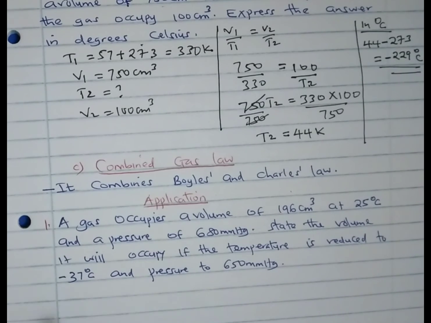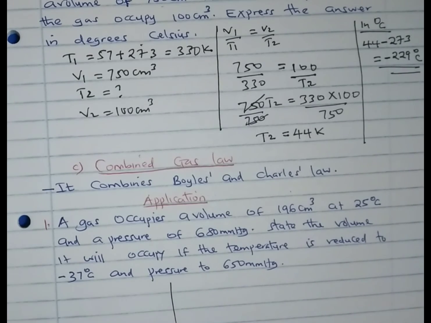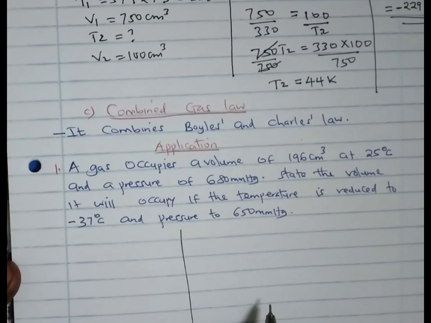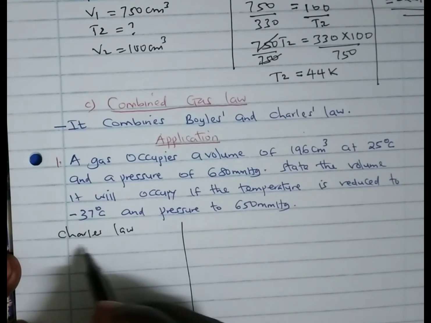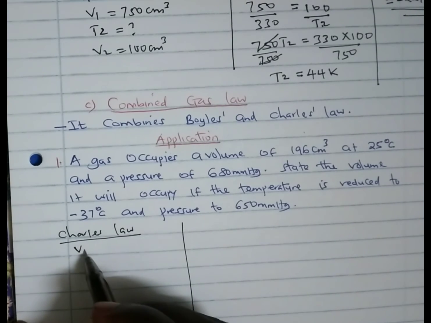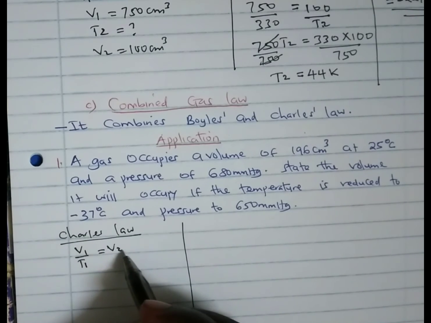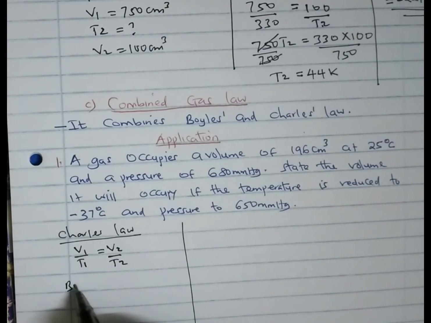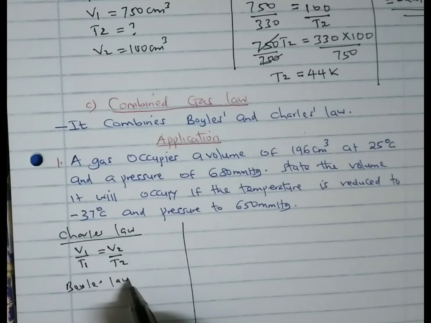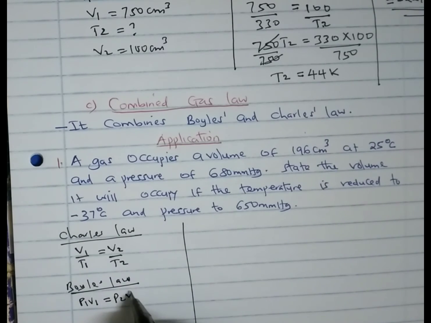Remember, we have Charles' law, which states that volume 1 over temperature 1 will give us volume 2 over temperature 2. We also have Boyle's law, which states that pressure 1 multiplied by volume 1 will give us pressure 2 multiplied by